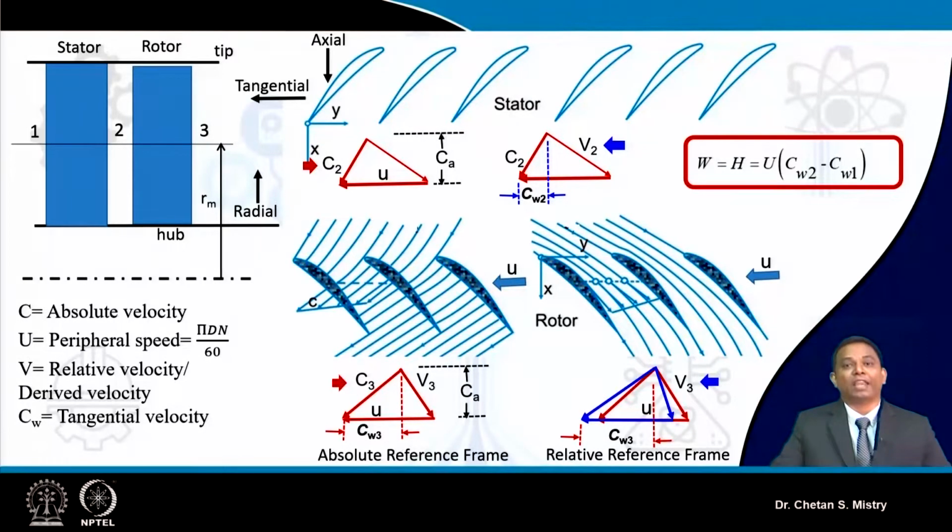Name a few: the peripheral speed, which we represent as U; the absolute velocity, which we represent as C; and the relative velocity, which we represent as V. We have the axial flow velocity component, or flow component, represented by CA, and the whirl or tangential velocity component, which we write as